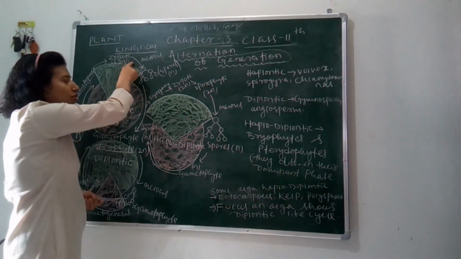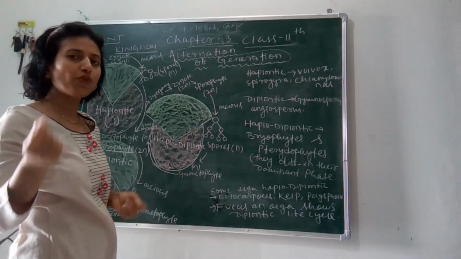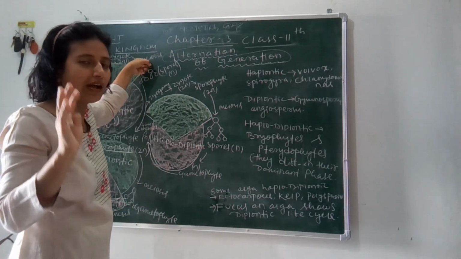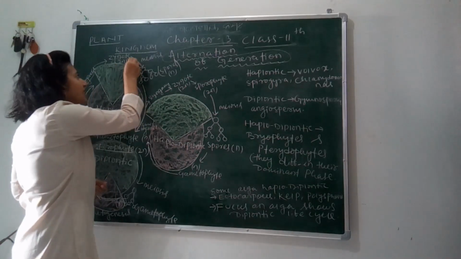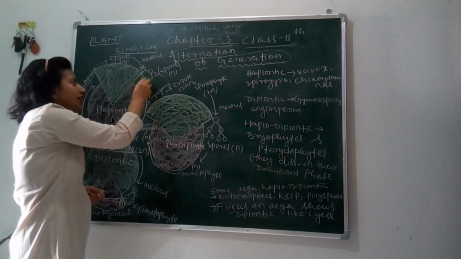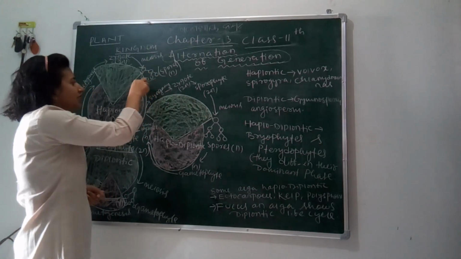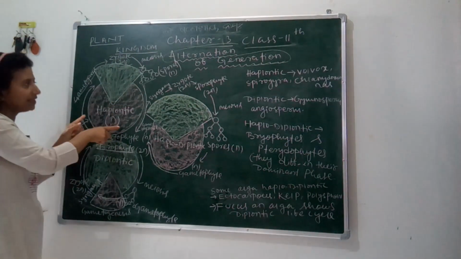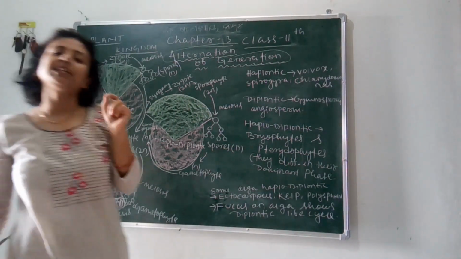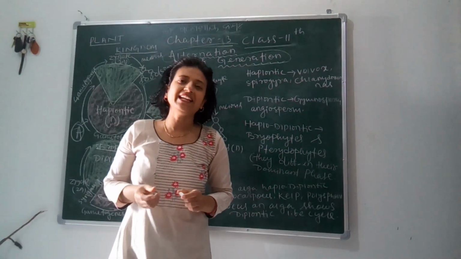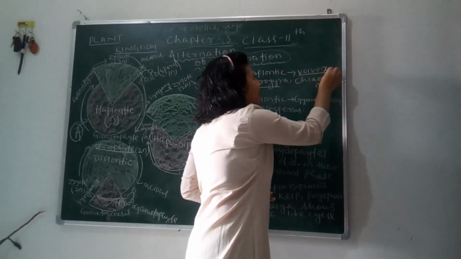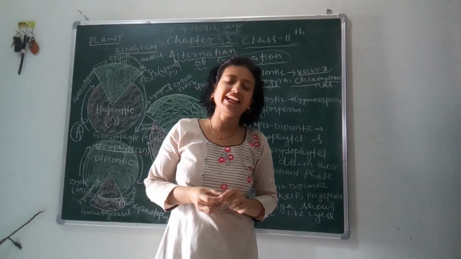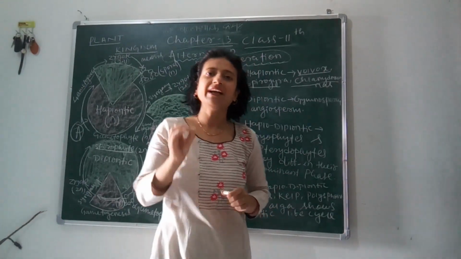After formation of the zygote, the zygote does not convert into a plant body; it goes through meiosis. As we know, in meiosis 4 haploid spores are formed. So this is 2n and the 2n goes through meiosis. Through meiosis it forms 4 spores. Again these spores form gametophyte and so on, the cycle is completed. This is the haplontic cycle. Remember, the haplontic life cycle is shown by some species of algae like Volvox, Spirogyra and Chlamydomonas.